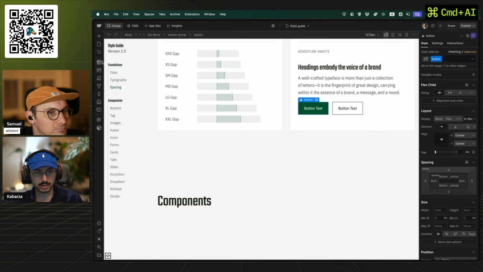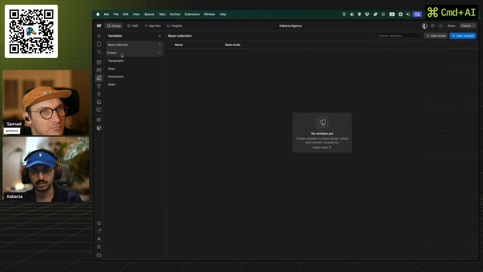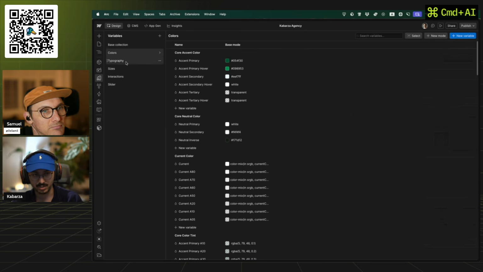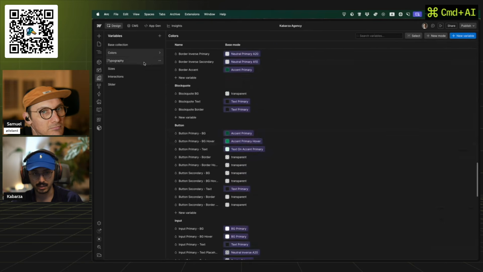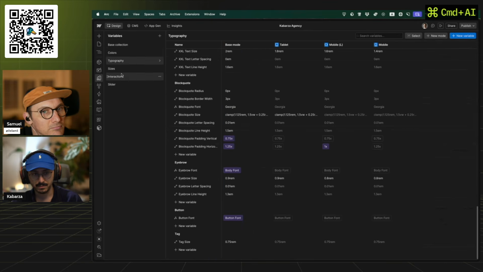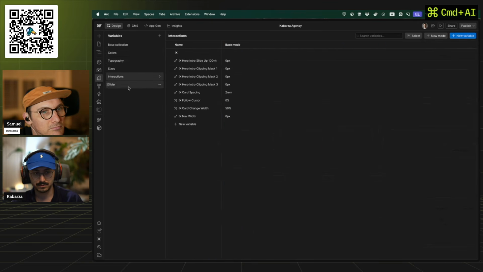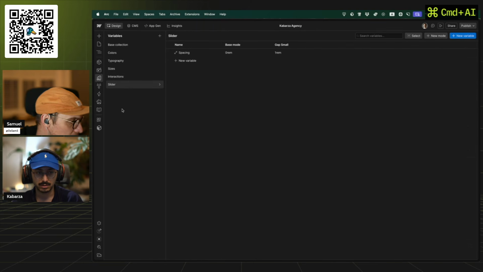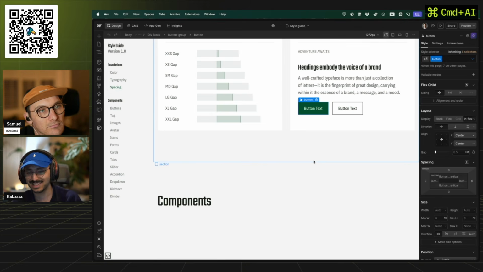And now let's have a look, do we have components? Yeah, we have just 2 components. And the variables, we have the base that is empty. Then we have the colors, pretty clean, typography, sizes, even interactions, and the slider. I don't know why the slider. Anyway, so it is maybe not as clean, but